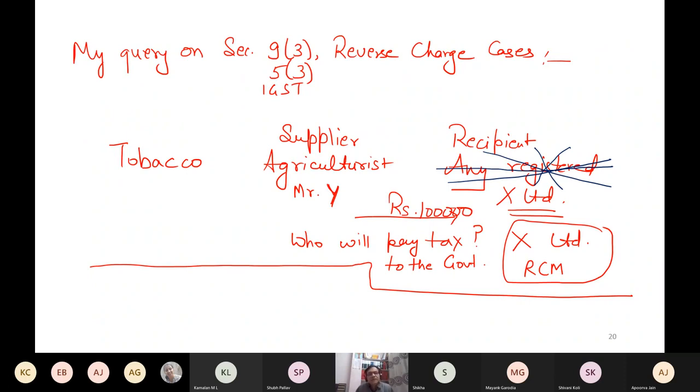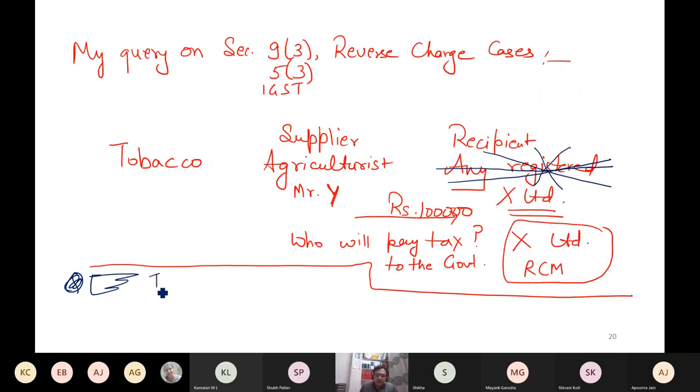Section 9(1) and 5(1) is applicable for all the cases of intrastate supply or interstate supply. So if something is not covered under reverse charge, it doesn't mean that it is tax-free. It is still taxable. By default, in that case, it will be covered under forward charge. So what will happen? This is what I wanted to tell you. So the point is what? Do remember, if it is not covered under RCM, don't say that it is tax free. Then by default, it is covered under forward charge.